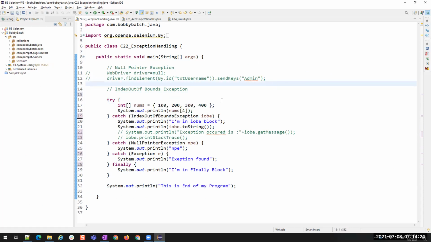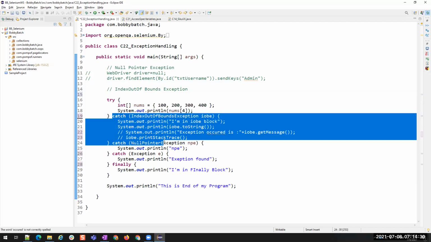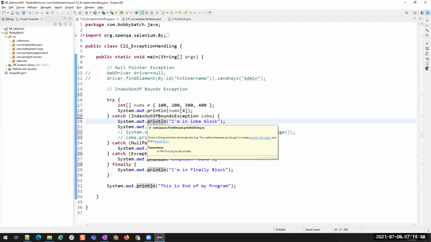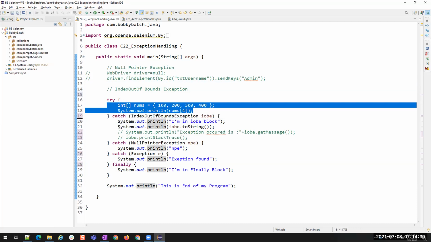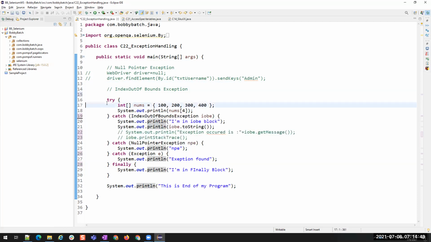Normally when we execute this, it will execute the try block. If there is an exception, it goes into the catch block. After executing the catch block, it will execute the finally block. If there is no exception, it will execute the try block. Since there is no exception, it does not enter into any of the catch blocks, and then directly it jumps